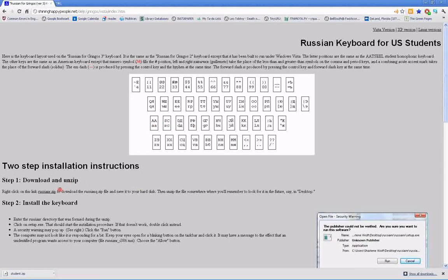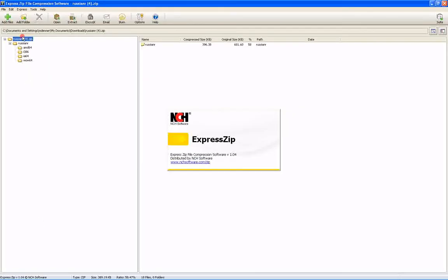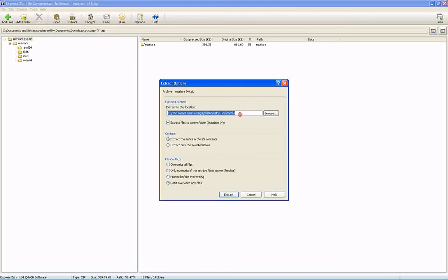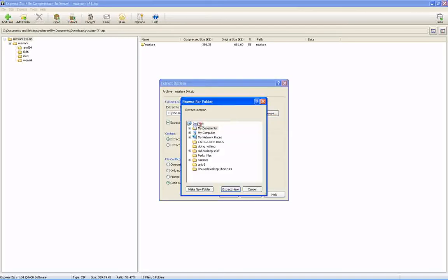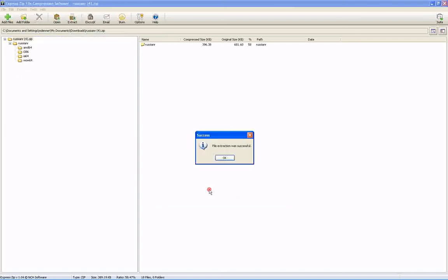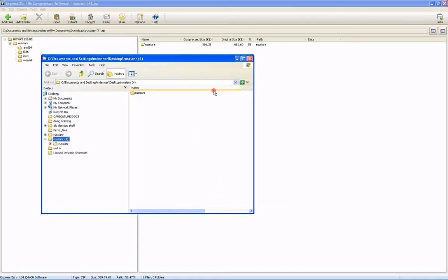Really easy. So first thing that we need to do is we need to download the file, which is in a zip format. So we download the file, click on it, and we extract it someplace where we'll be able to find it later on. I like to extract all my files onto my desktop. That's what a desktop is there for. And so we extract those files, and up pops the folder Russian R, which is located up on my desktop here. I'll double click on that